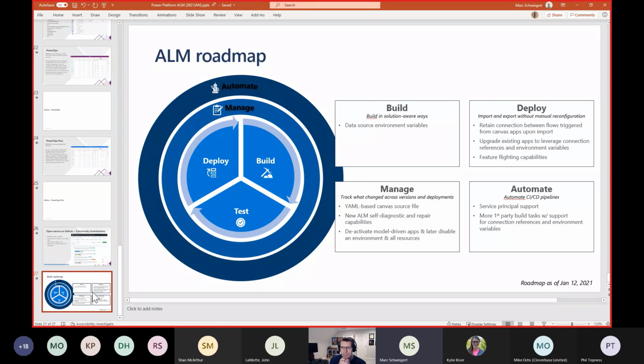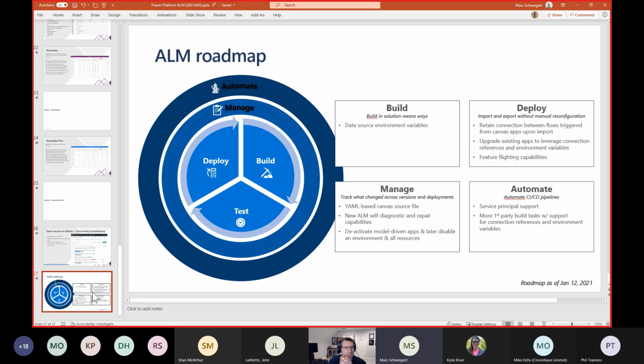And so imagine you have a connector that has the ability to point to different endpoints, right? And so when you move it from dev, test to prod, you want to use dev.myendpoint.com and test.myendpoint.com and prod.myendpoint.com.